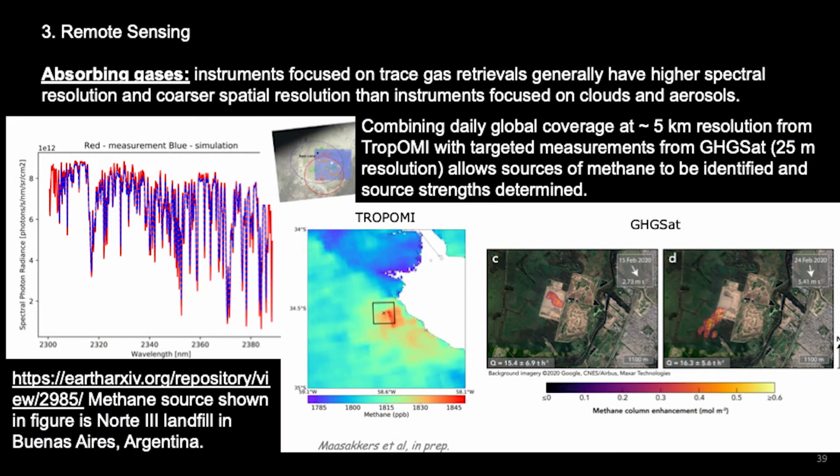And then, okay, did you ask the question about gases and how you pick them apart? Okay, cool. These are measurements from TROPOMI, in the part of the spectrum where methane has lines that are quite a lot stronger than the water vapor lines. When you have an instrument with a spectral resolution on the order of 1/10 of a nanometer, you can differentiate between the water vapor and the methane really well. And that allows you to detect methane. So this is a detection of methane coming out of a